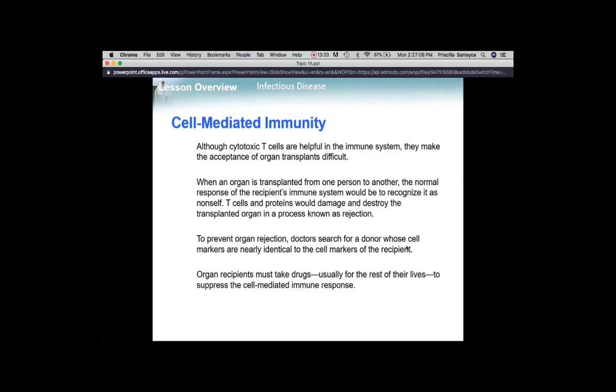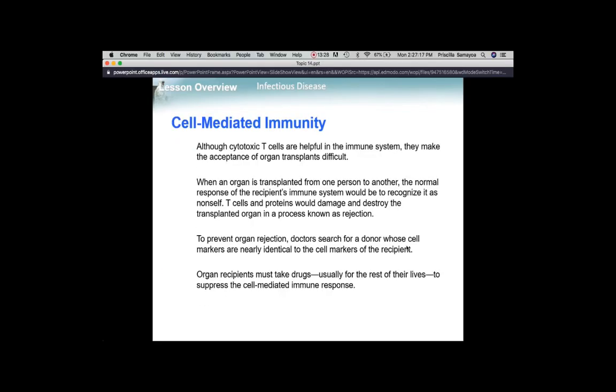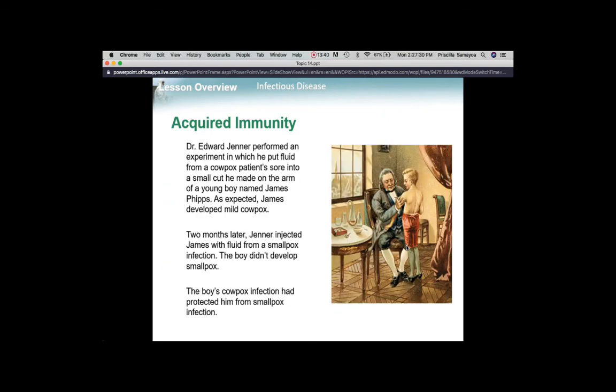So if it doesn't line up properly, your body will basically attack that new tissue and you're going to end up needing another transplant. They usually have medication in order to help lower your immune system to get your body to accept that as part of you, but it's a major issue when it comes to organ transplants. Alright, so acquired immunity versus